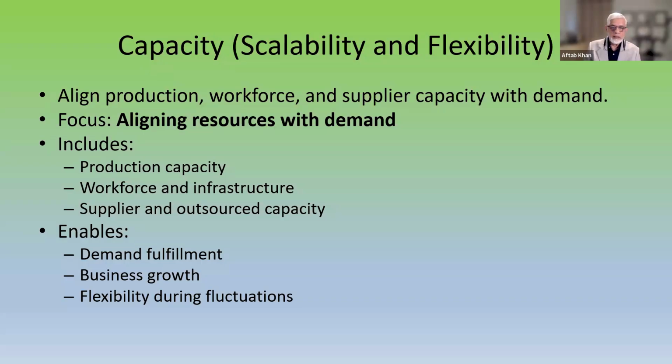So that's the solution for production capacity that's available. Or you want to keep your own capacity for some top brands for yourself, and then outsource the second tier, third tier quality. So depends on how you structure it. Capacity is workforce, infrastructure, how do you locate, and all that, and supplier and outsource capacity. Supplier can be part of your capacity, right?